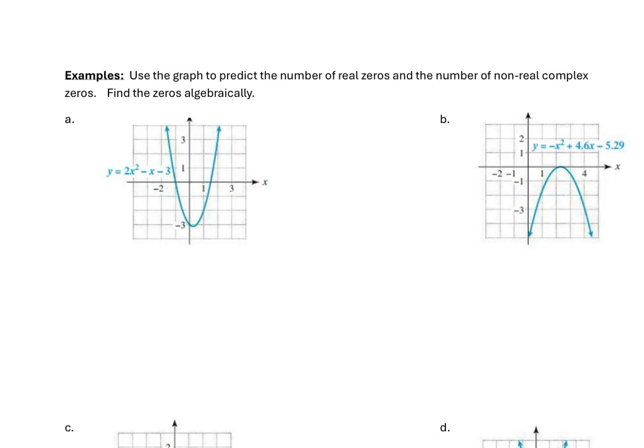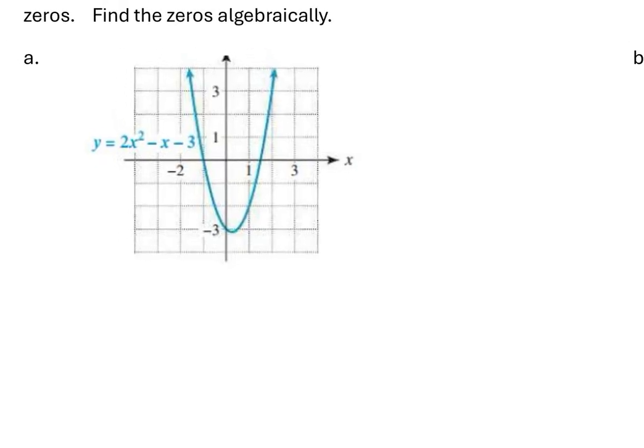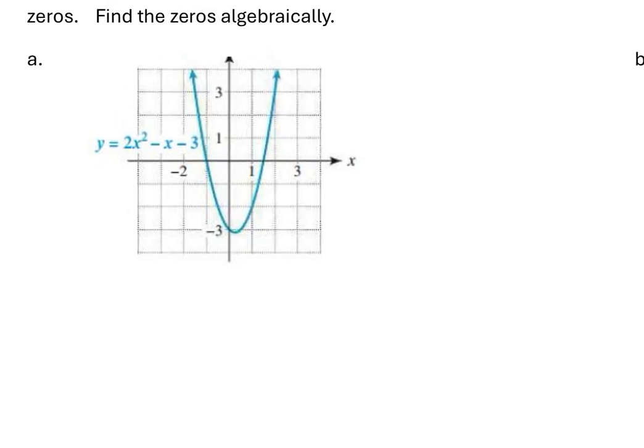All right, the last thing that we're going to do is we are going to go ahead and try to use graphs in order to predict real zeros and how many, as well as non-real zeros. We then want to find the zeros algebraically. All right, so if we look at example A, remember that the number of real zeros corresponds to the number of intercepts. If we look at this problem,